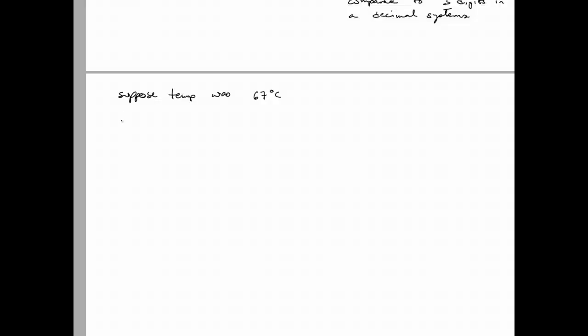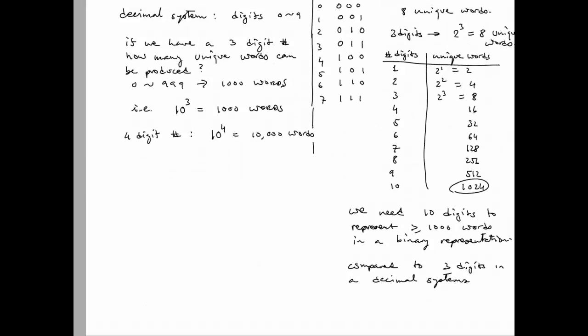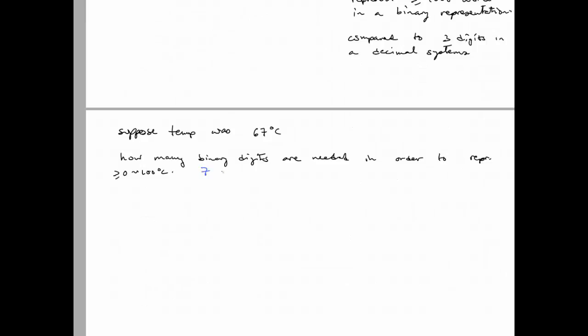So first, how many binary digits are needed in order to represent at least a 0 to 100 degrees C value? We need to be able to hold values 0, 1, 2, 3, 4, 5, 6, 7 all the way up to 100. If we look at our table here, the first entry that has a unique number of words greater than 100 is a 7-digit value. So it will be 7 digits